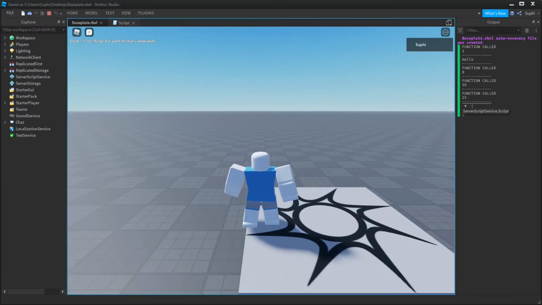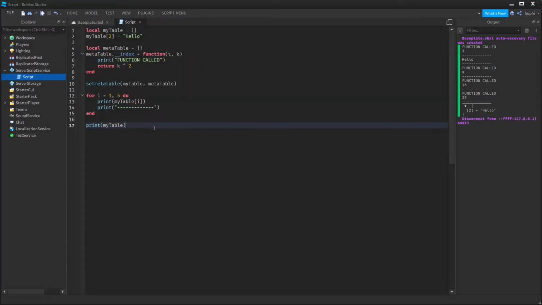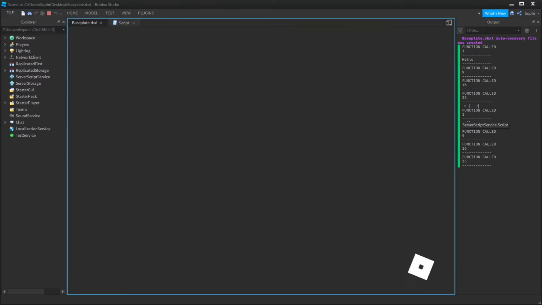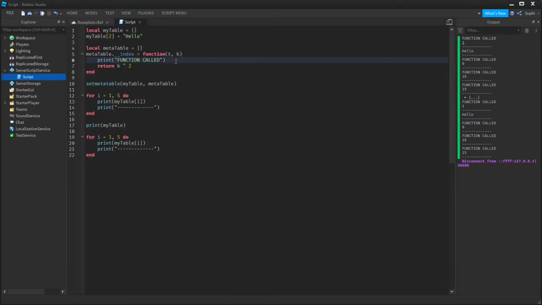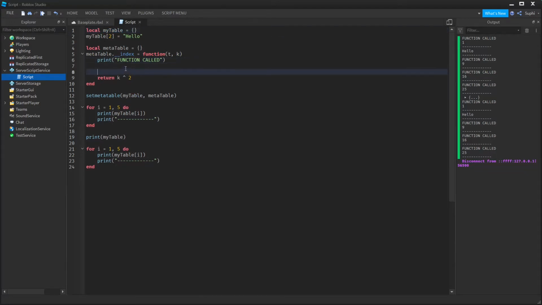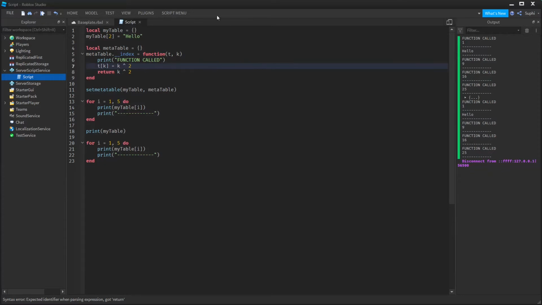we can see that even though it's printing these numbers, they do not exist inside of the table. And if I loop from 1 to 5 again and run the game, you can see that on the second time it loops, it calls the function again for each index that does not exist. But if we store the value inside of the table when this function is called, then the second time we loop for it, it should not need to call this function and should be able to get the value directly from the table. So to do this, I'm going to say t[key] equals k to the power of 2, and if I run the game,